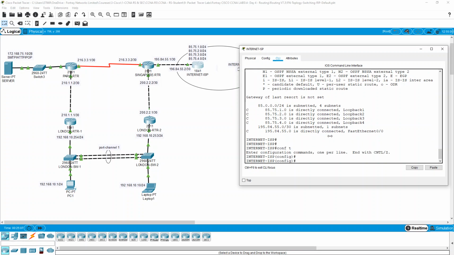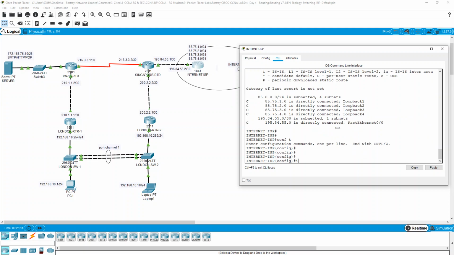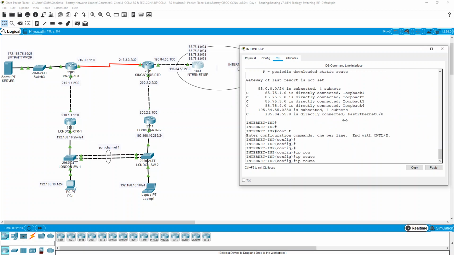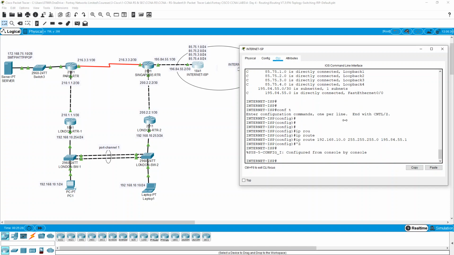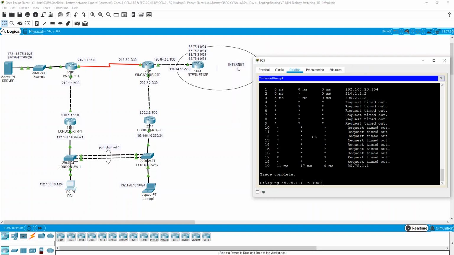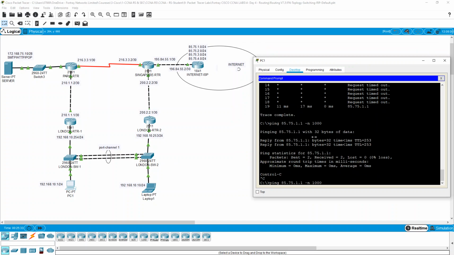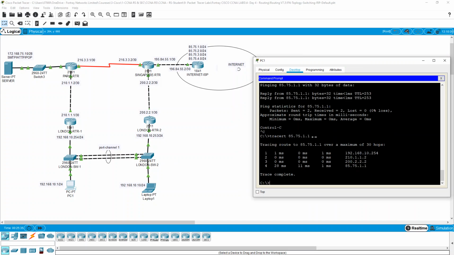So there are many ways you can do that. What you can do here today is configure a static route: 192.168.10.0 with its subnet mask, and the next hop will be 195.84.55.1. So now if I go back, you see the ping is working, and when you see the trace route, it is working as well. Now you see it is reaching the final destination, because now this router knows about this network,